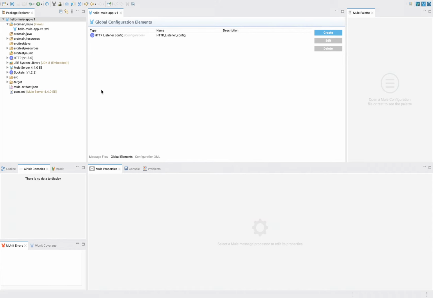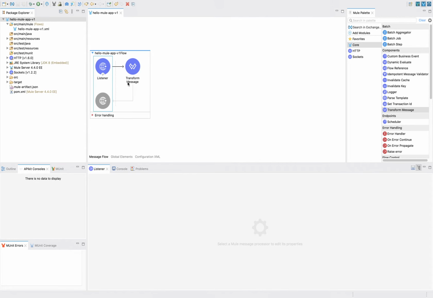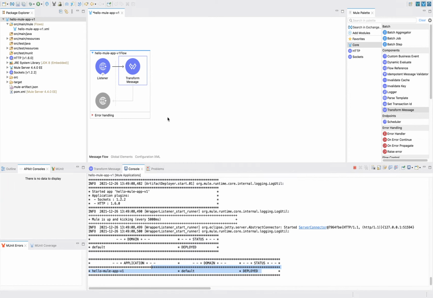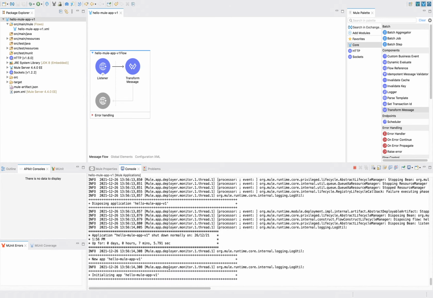Okay, so is everyone clear with this? What we did till this point, we developed a very small Mule application and we displayed this. So I'm changing this response and saving this.